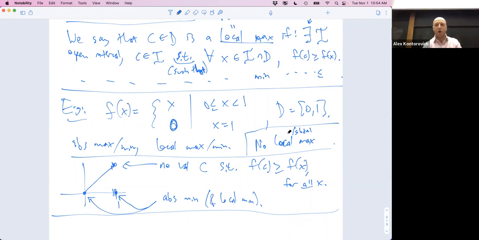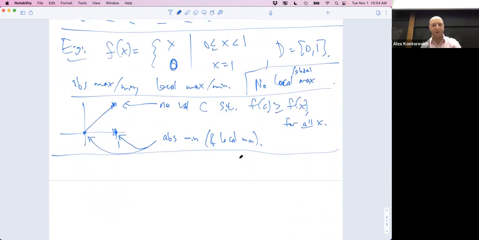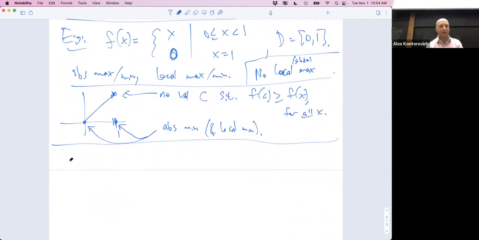If the interval was closed bracket 0, open bracket 1. Okay, great question. Okay, so let's do another example. This is Alyssa's example. F of x is just equal to x on the interval x to 1. No discontinuity. Does this have a max